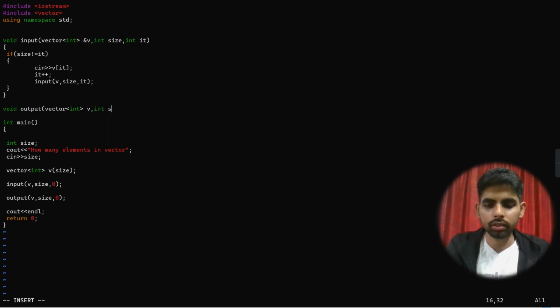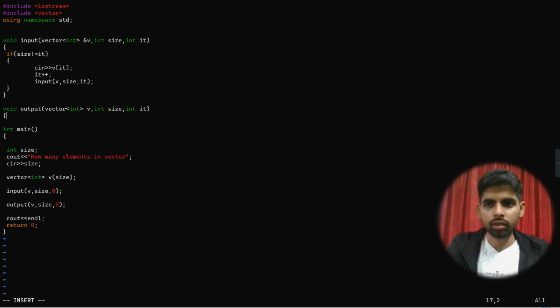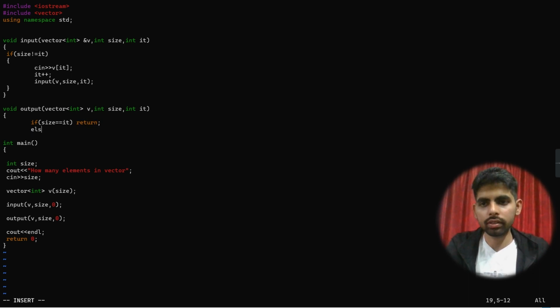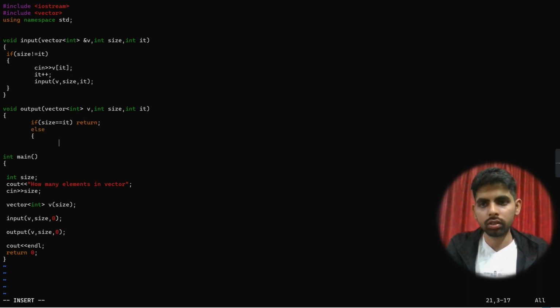Int size and int iterator. We can either do it in that way, if size is not equal to iterator, or we can write if size equal to iterator, then return nothing, else write